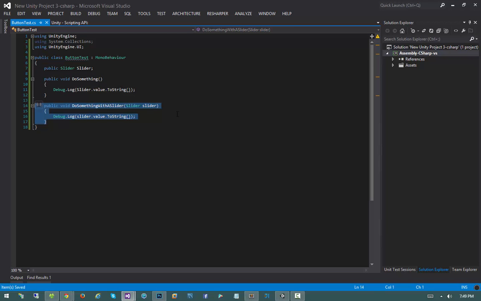The GUI system can, like I said, accept events or methods as events if they have 0 to 1 parameters, and if that parameter is an object, a string, an int, a bool, a float, and a couple others I'm probably forgetting, basically primitive types. So now that we've created this method,